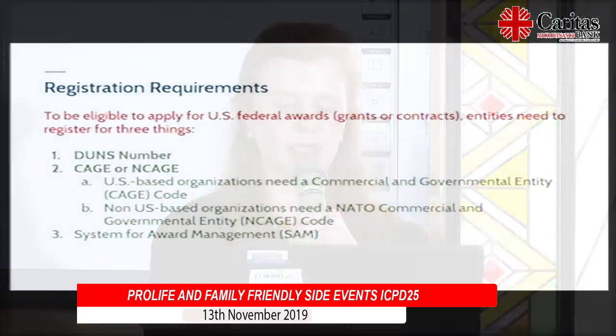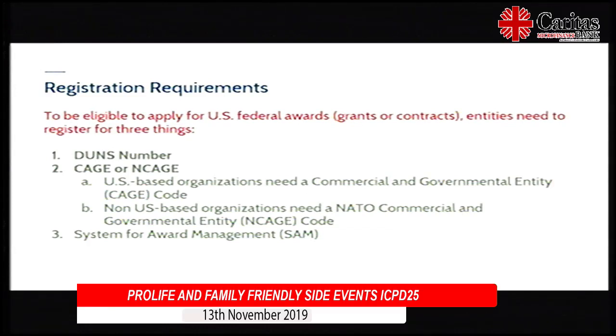Next, your organization must register for a CAGE or NCAGE code. They are used by U.S. federal agencies to identify organizations with which they do business. Organizations based in the U.S. require a CAGE code, and organizations overseas, non-U.S., require an NCAGE code. And finally, an organization must register in the System for Award Management, SAM, accessible at